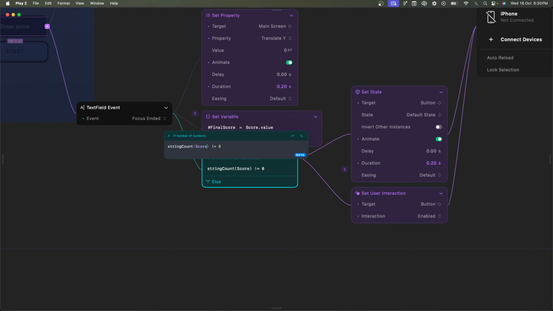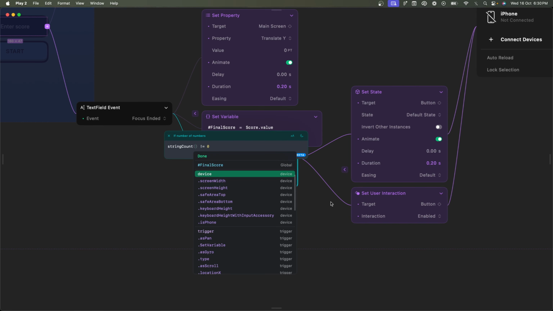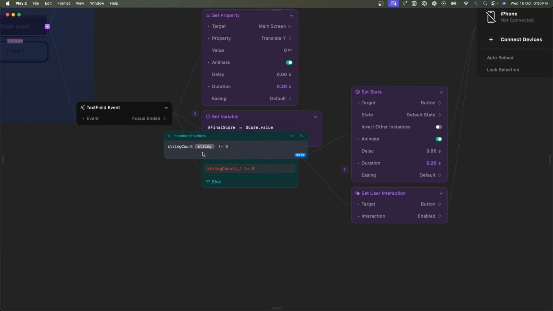What should actually happen here is if I go ahead and just, let's say I leave it like this, you can see it throws an error. And then here I enter score. It's not throwing an error. But this is wrong because what I need to do is, the score is just the text field. What we need to say is the value of the text field. So here I should say